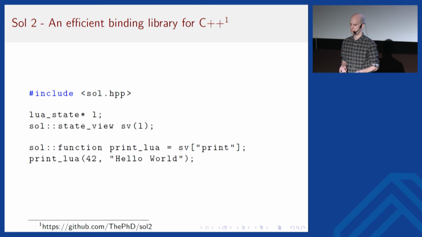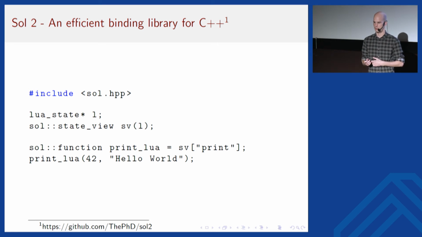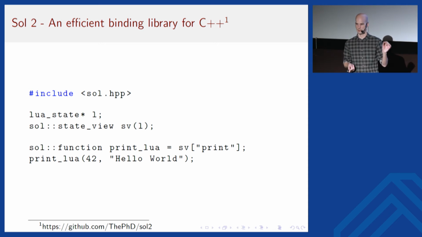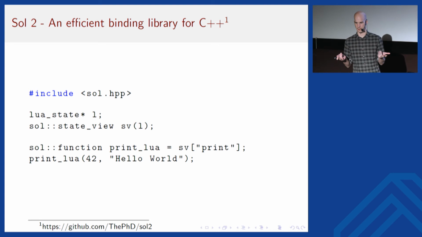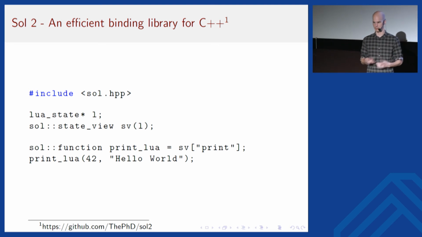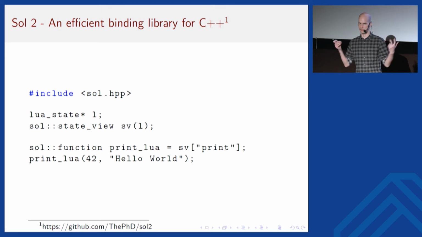And with that, this is what calling a Lua function would look like. Basically the same example as before. So we can access the state view through the array bracket operator and just give it the key of the value that we want to retrieve from the global environment, in this case the print function. And then this will return a Sol function object, which can be an arbitrary function, and we can just invoke it like here. We could also pull the last two lines together on a single line. This was just to illustrate the return value here.